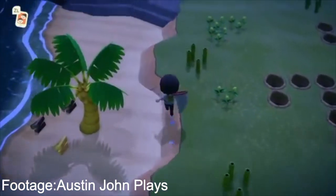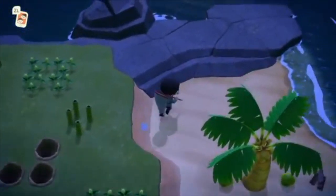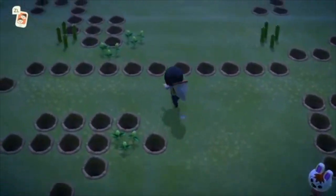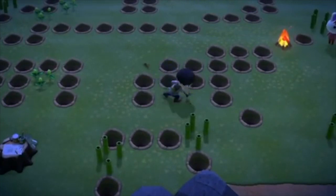Scorpions/tarantulas. Now, you can't get tarantulas anymore in the northern hemisphere. You can still get them in the southern hemisphere, I think. But they're not the easiest to catch, I'll admit that. But they sell for at least 6,000 each. So if you stay there for a little while and catch a little bit of tarantulas or scorpions, well, technically just scorpions in the northern hemisphere,